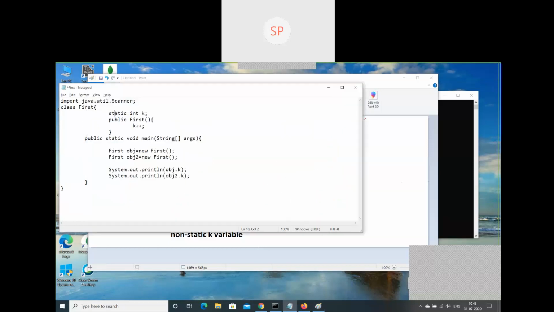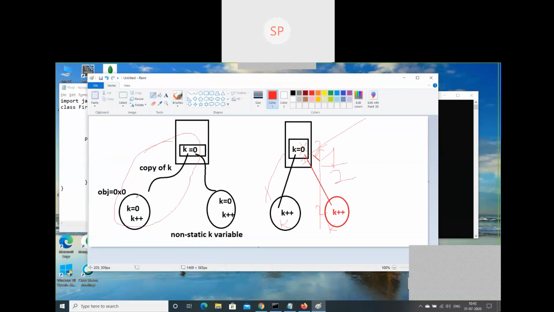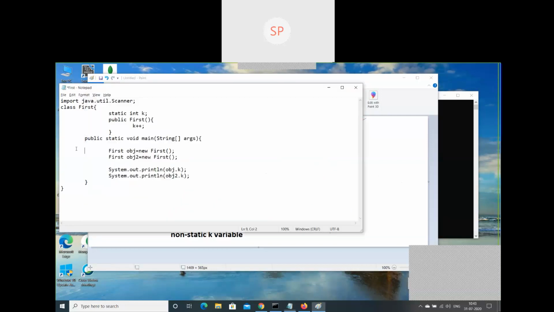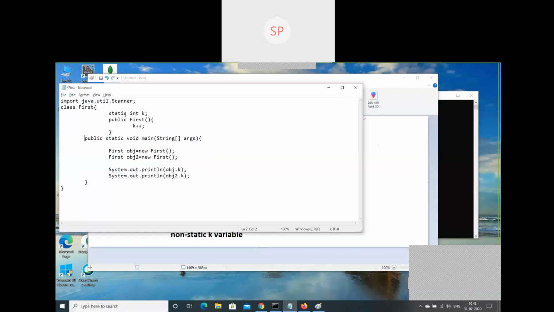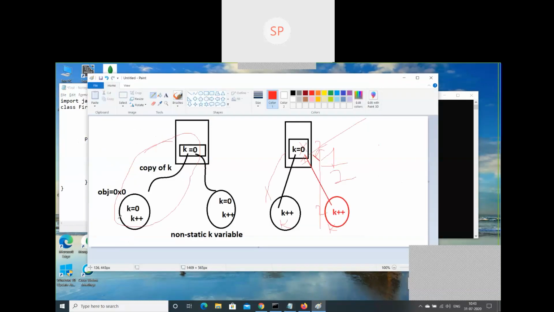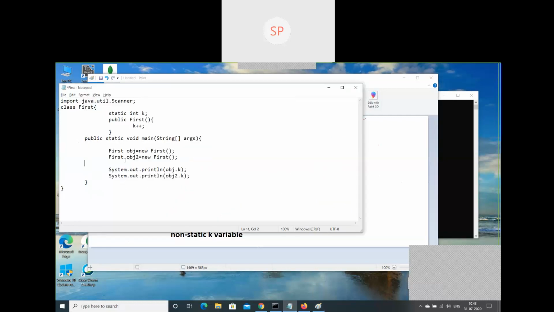When you say static, the same variable is referred to by all the objects of the class. When you make the variable non-static, each object has its own copy of the variable. If you make the variable static, the same copy will get referred to by all objects. If you make the variable non-static, if you remove the static keyword, then each object has its own copy of the variable. If you make, let's say, if you directly modify this, first.a is equal to 33,